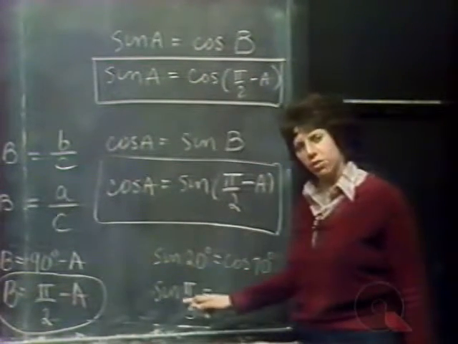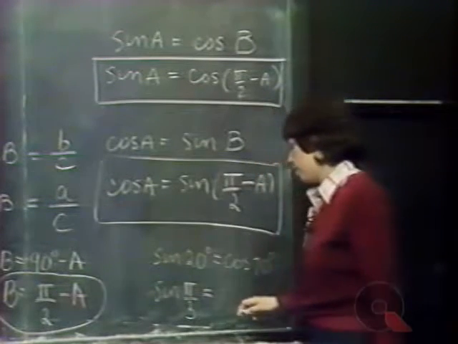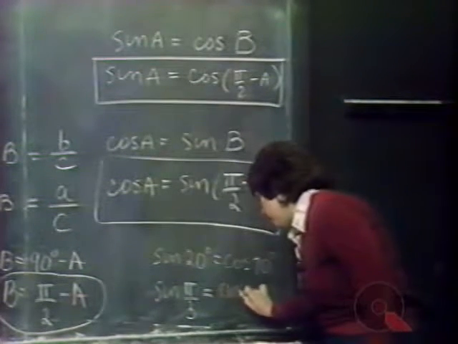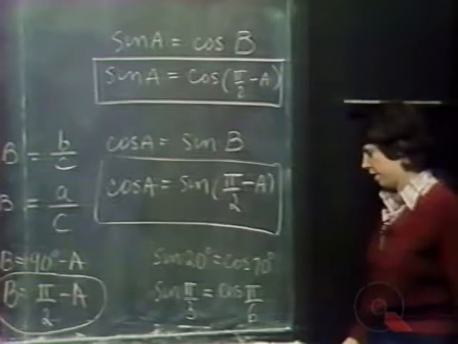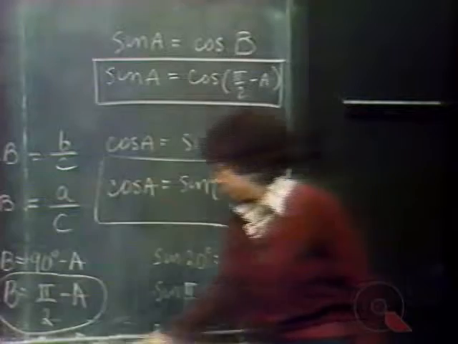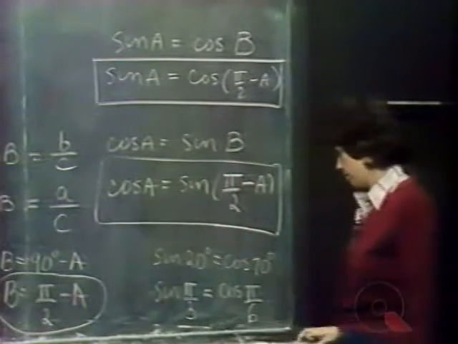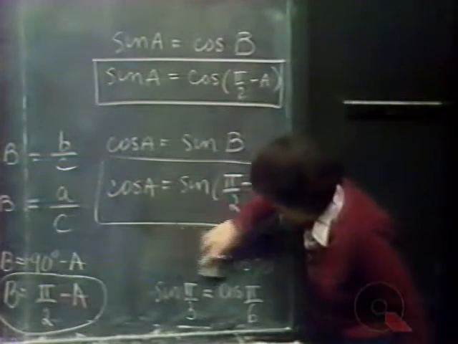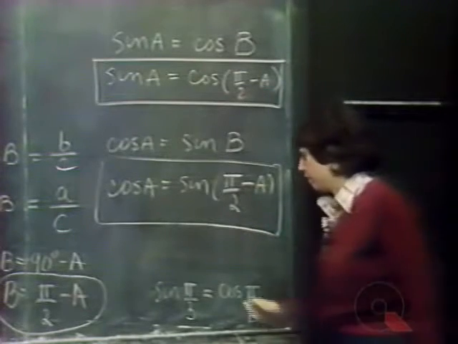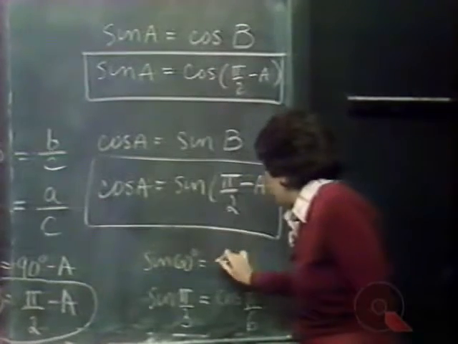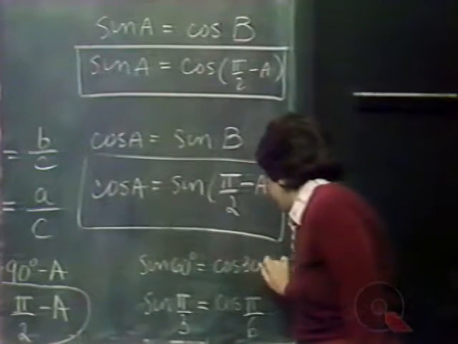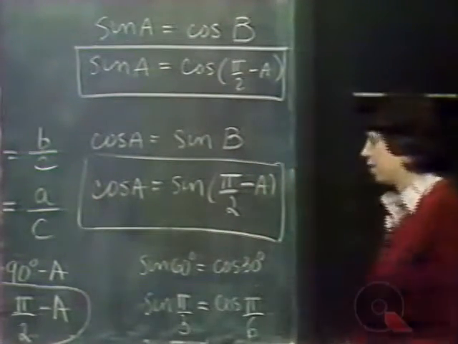The sine of 60 degrees would be equal to the cosine of 30 degrees, so I could write cosine of pi over 6, which is a 30-degree angle. Maybe it would be helpful for you if I used that as an example. The sine of 60 degrees is the cosine of 30. The sine of an angle is equal to the cosine of its complement. If we have